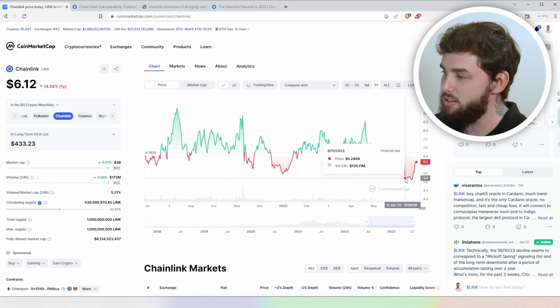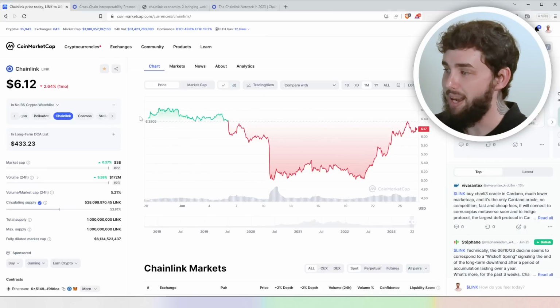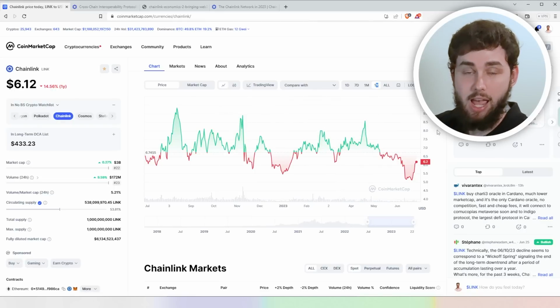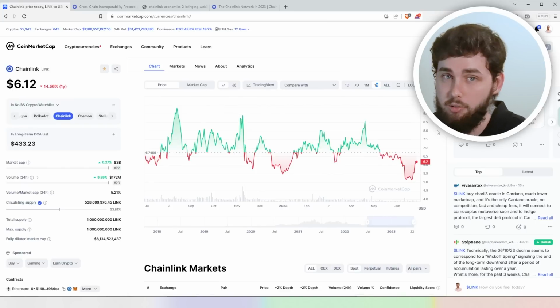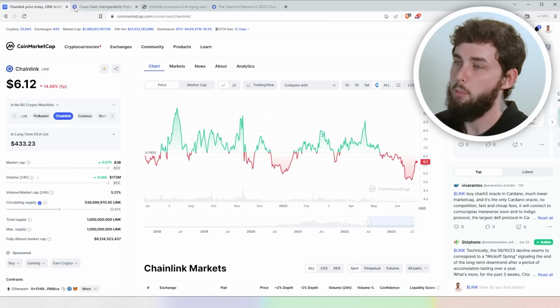So yes, we had a massive slump over here recently. If we go into the 1 month chart, we're pretty much up back to this level over here. But still, guys, we are a lot lower than when it has peaked in the last 12 months. Now, I definitely think that Chainlink has a very, very good chance this year of shooting well and truly above $5, $10, $15 maybe. I don't know why I said $5, but $10, $15